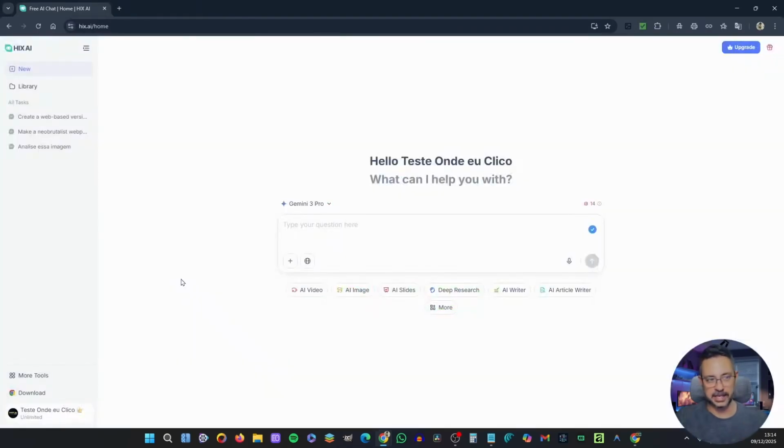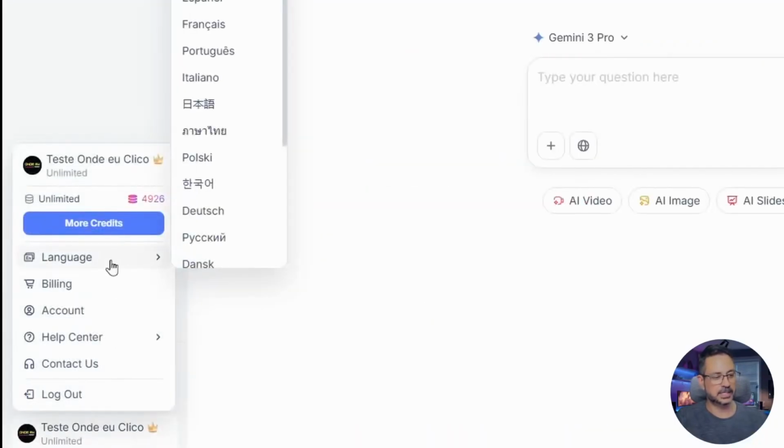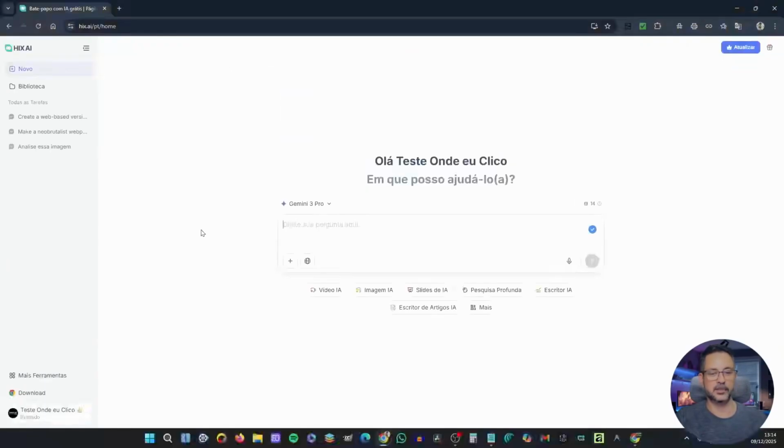And before we continue here, if when you enter the platform it's in English, that's no problem at all. Just click on your profile and select the Portuguese language. That's it. From this moment on, you'll already have the platform in Portuguese, so you can use it without having